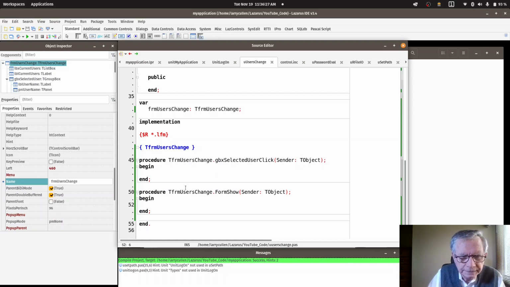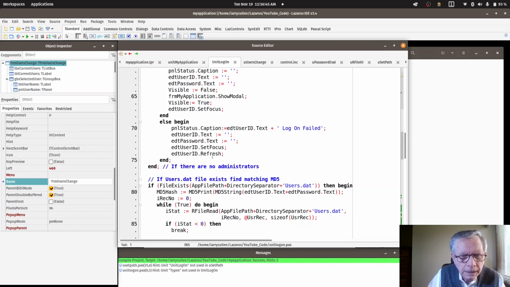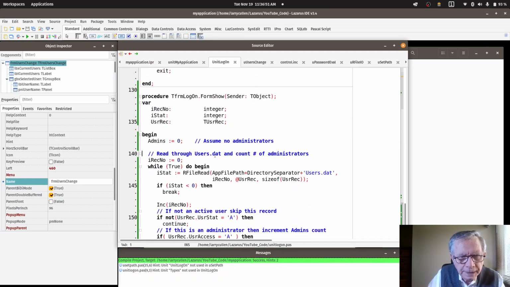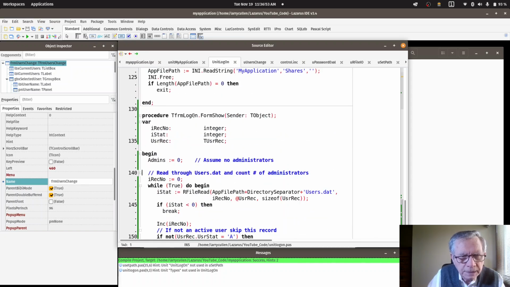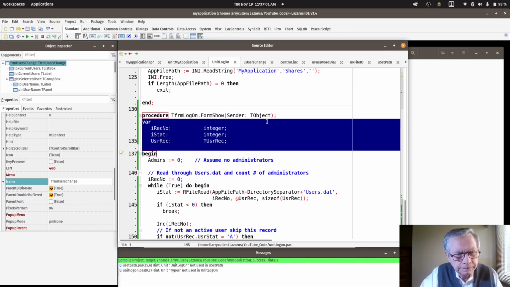I actually don't need that really. At any rate, form show. What are we going to do when the form is shown? Well, we're going to go out and populate that box. And we're going to do it in a fashion very, very similar to what we do when we do a logon. When the logon form show event happens, right? So we can basically take this variable list, right? And we can hit Control Insert,